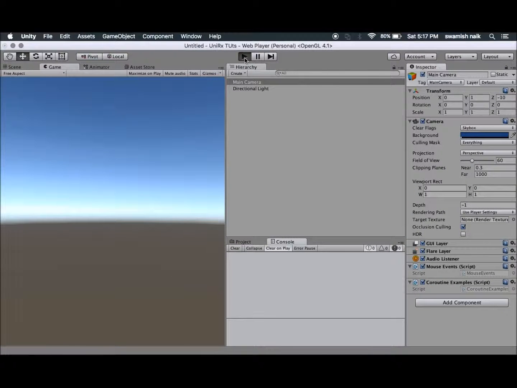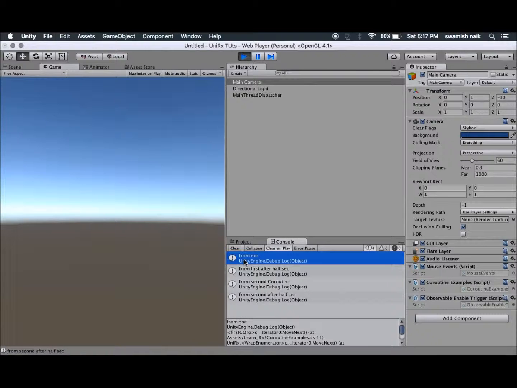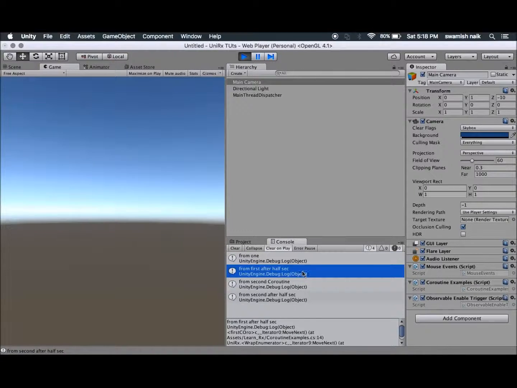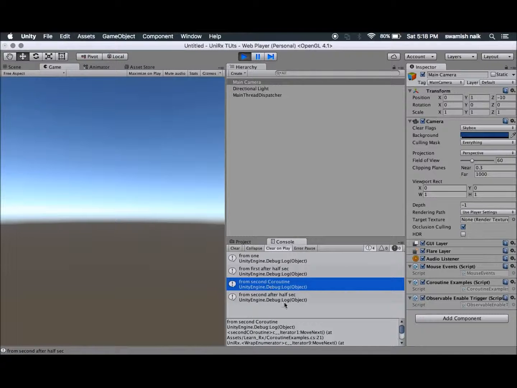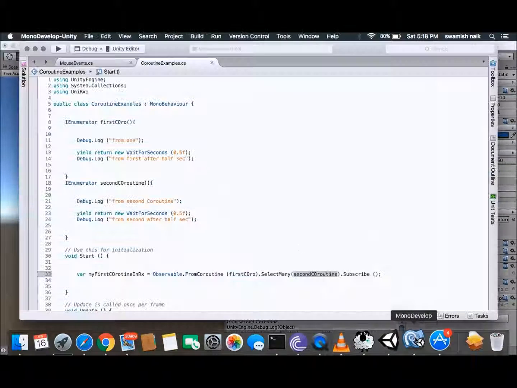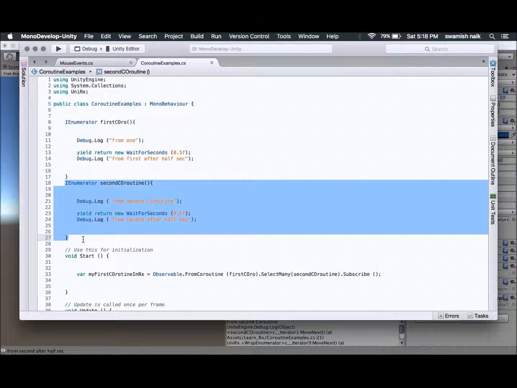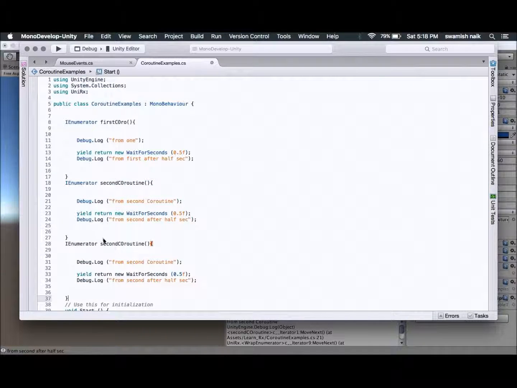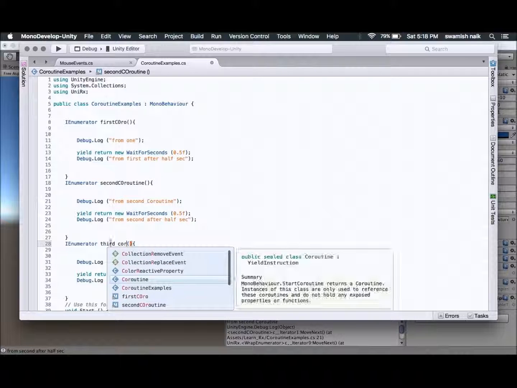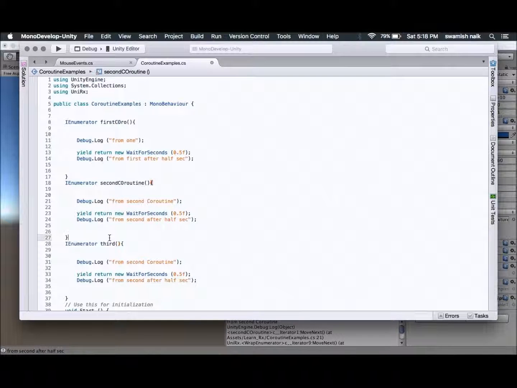So suppose now I run this code. You see, first I am getting from 1, then from first after half a second, and after half a second it's running from second coroutine, and its later Debug message. So when we yield, it doesn't go to the second coroutine, it waits here, and after completing this it goes to the second coroutine. Suppose now I copy and paste this. Suppose we have a third coroutine, and we want to run the third coroutine after completing the second.